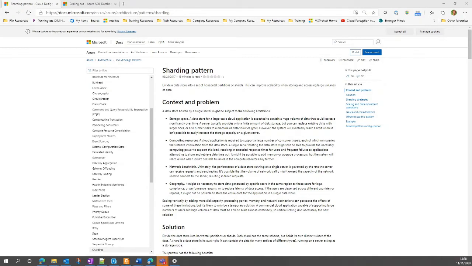So grouping on region or splitting by region might be a good one. And then if you really don't know what you're going to shard on, and you just want to balance the data, then hashing a key can help reduce hotspots. Again, it really depends, where is your performance hit happening? Is it noisy neighbor? Do you need to be able to keep one person separate from everybody else? Or is it just the fact that you need to be able to scale individual resources vertically? Because you can scale these shards vertically as well if you need to.